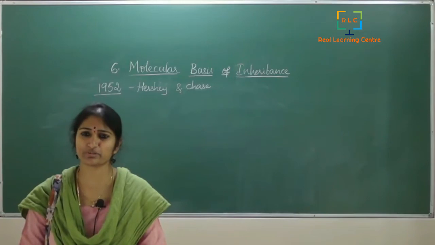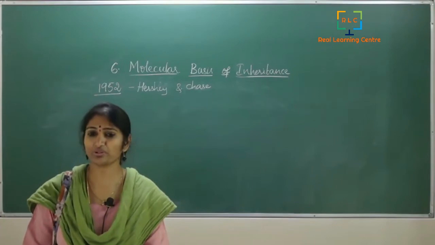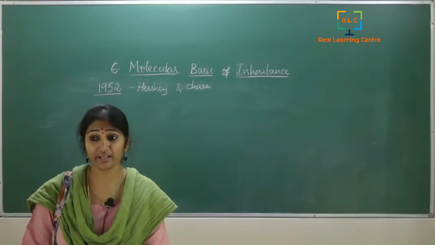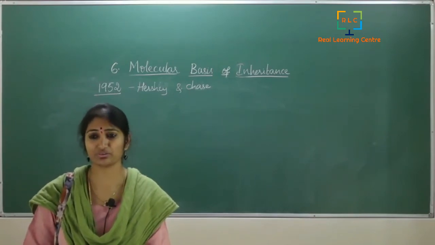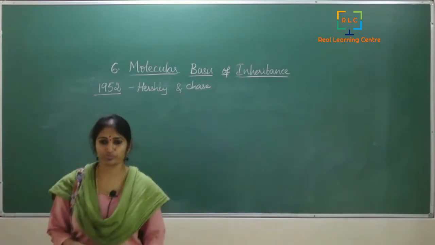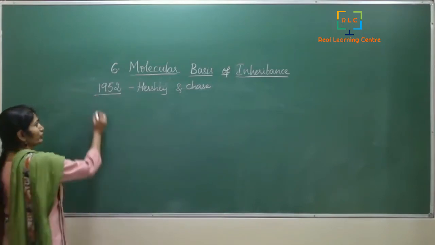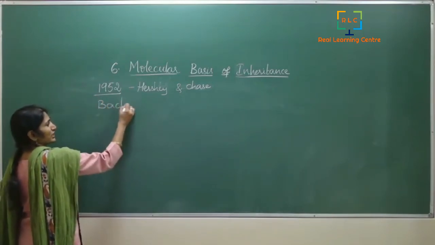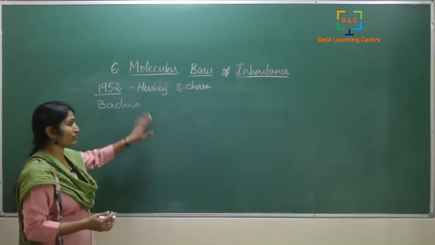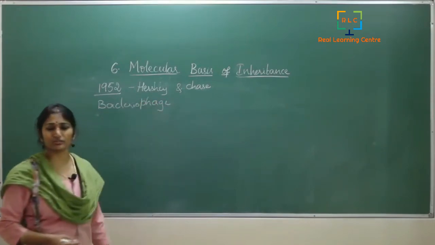Now, the Hershey-Chase experiment, in fact, was so strong that people immediately believed that it is because of their work that DNA was proved as the genetic material. Now these scientists were working with bacteriophages. We know what bacteriophages are. Bacteriophages are basically viruses which eat bacteria. Phage means eating, so these were small bacteria-eating viruses,